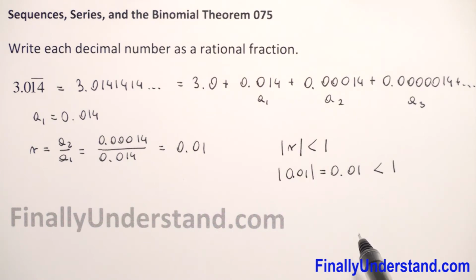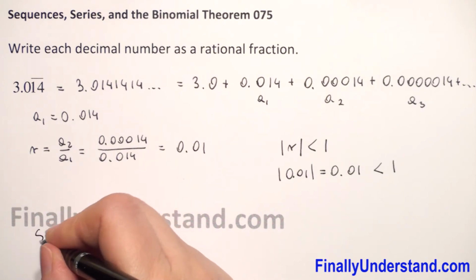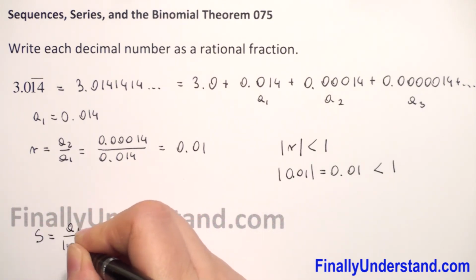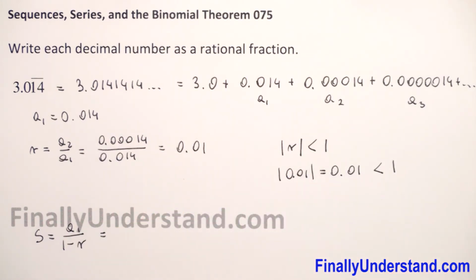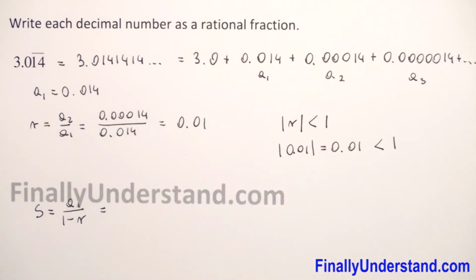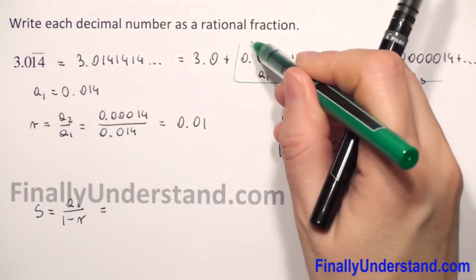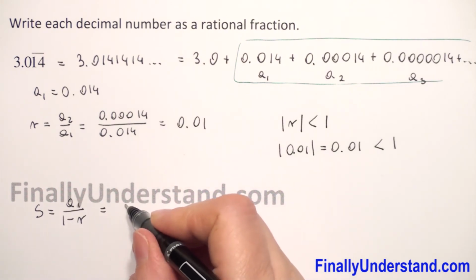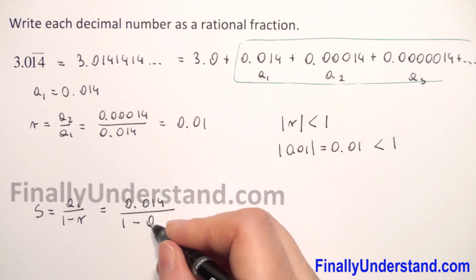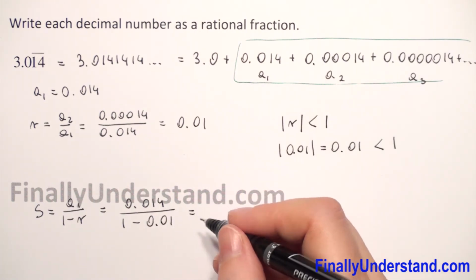If the series is convergent, the sum is given by the formula S is equal to a1 over 1 minus r. Only when the absolute value of r is less than 1 can we use this formula. So now this whole sum, the infinite geometric series we have here, we can calculate by using this formula. So a1 is 0.014 over 1 minus r, which is 0.01. So this is equal